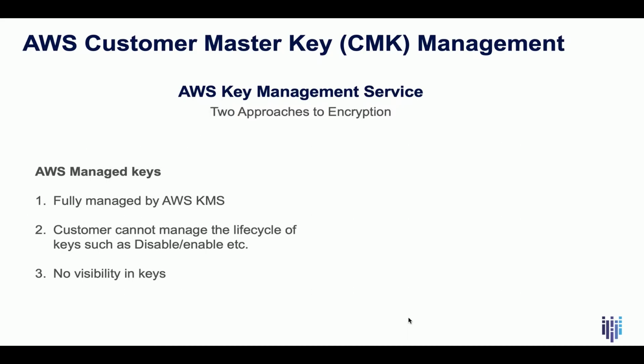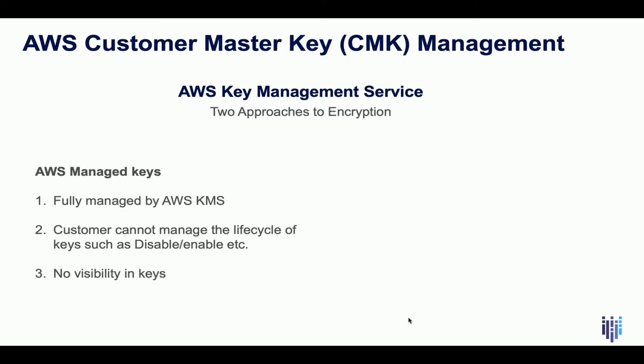When it comes to AWS Key Management Service, there are two approaches to encryption. Number one is AWS Managed Keys, wherein AWS KMS manages the keys completely, automatically, and internally. As a customer, all you have to do is turn on the encryption for your native services such as AWS S3, AWS RDS, and so on, and you don't have to worry about the keys. However, the caveat is you don't have any visibility into the keys